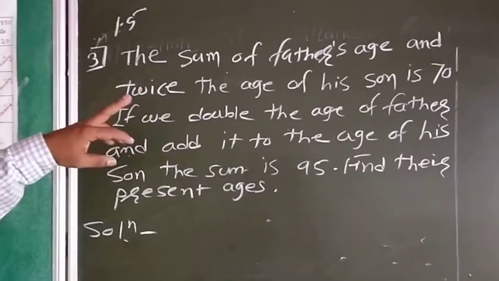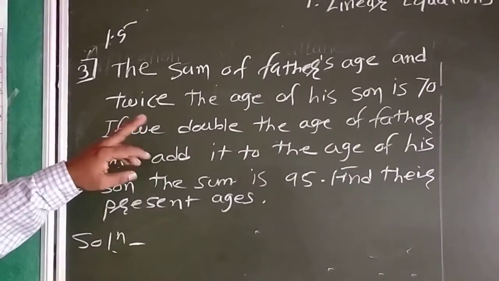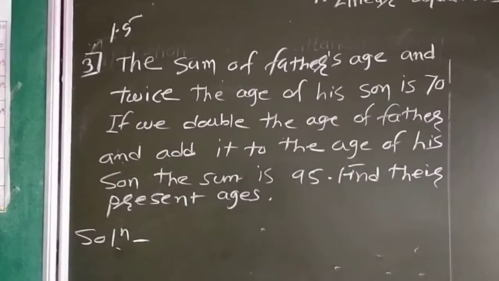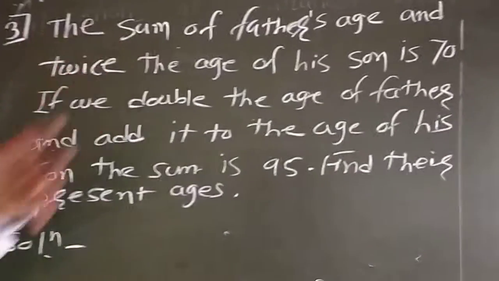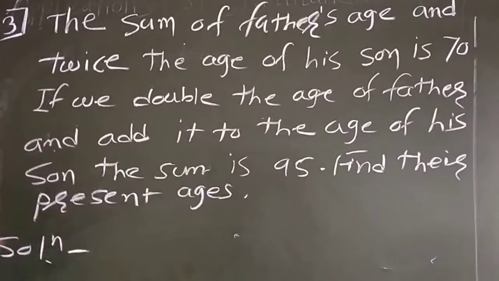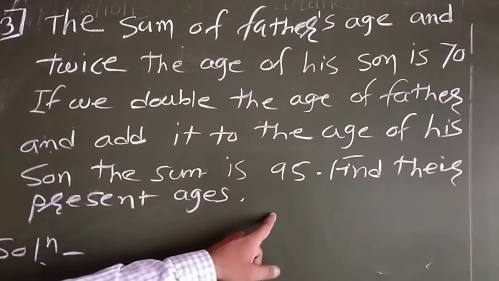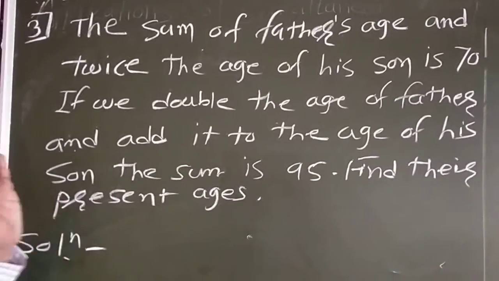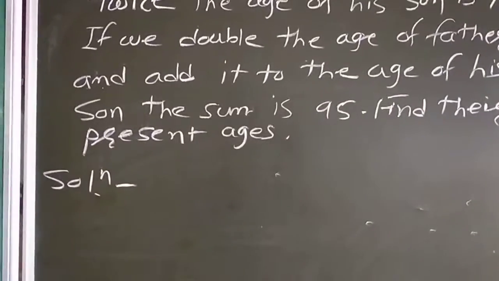The sum of the father's age and twice the age of the son is 70. If we double the age of the father and add it to the age of his son, the sum is 95. Find their present ages. For solving this sum,